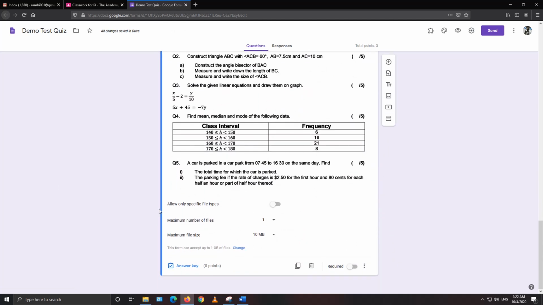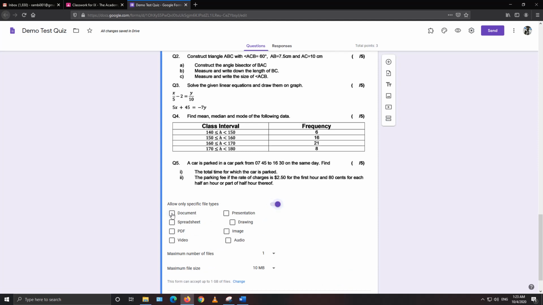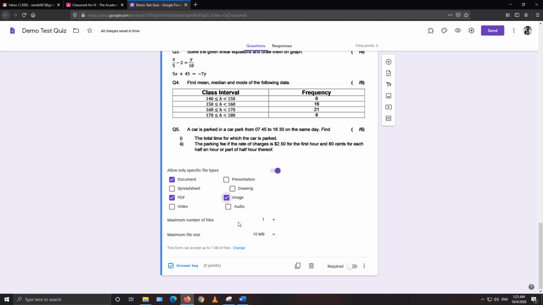Once I'm done with that, I will have to select this one as well, so that students will not upload some other things. So I will have a check over that. You can allow them documents, PDF or image file, or whatever thing you think is the necessary requirement for the paper. You can select that specific format. Number of files could depend on you as well. If you think the paper is too long and students will not be able to convert all of it into a PDF file, and they will add more than one image file, you can select 5 or 10. It's up to you.